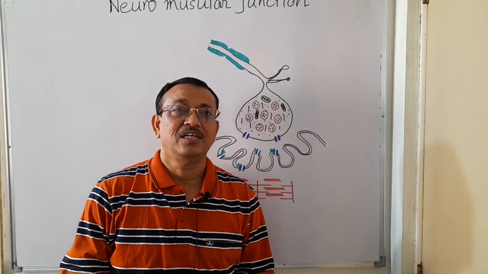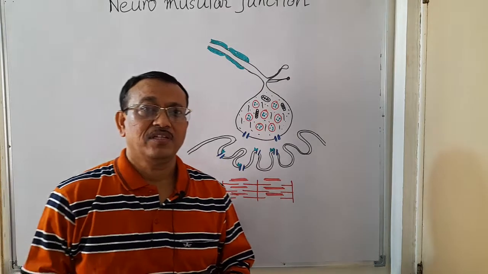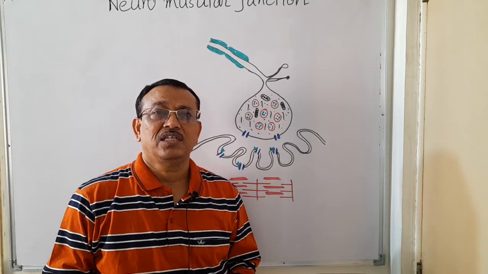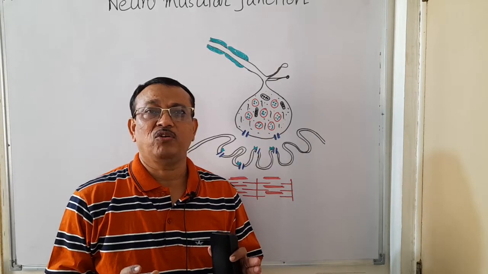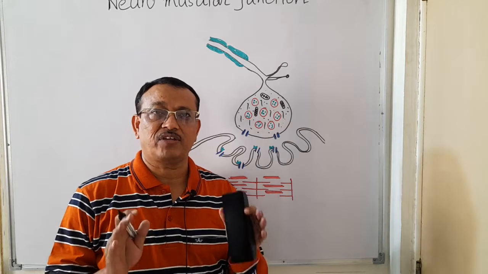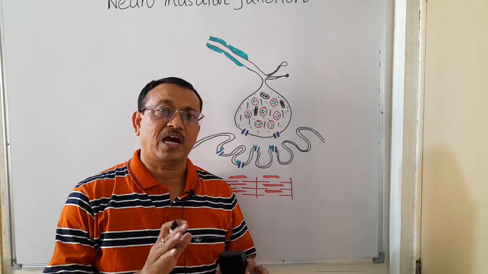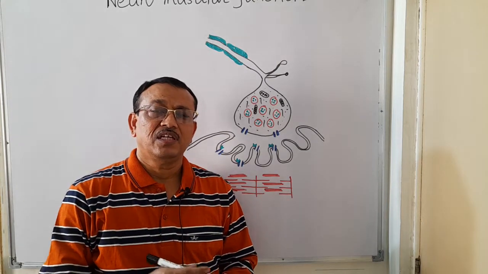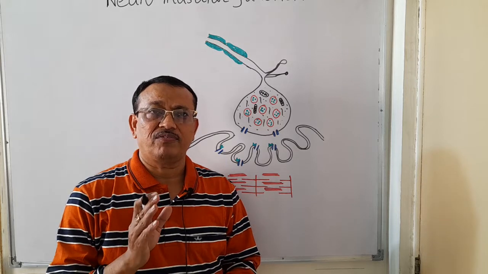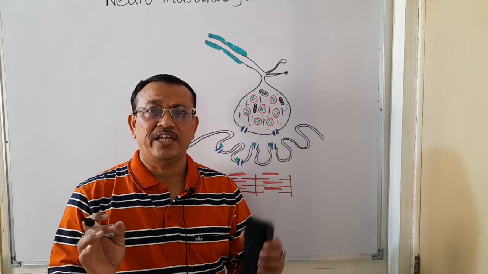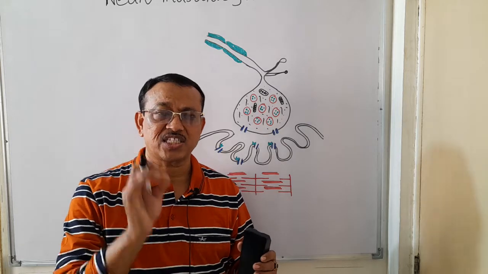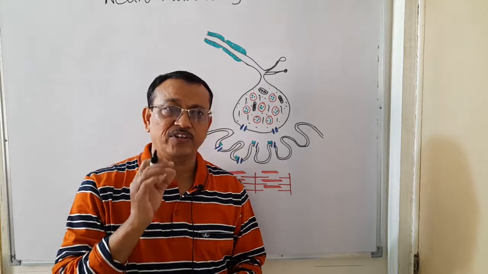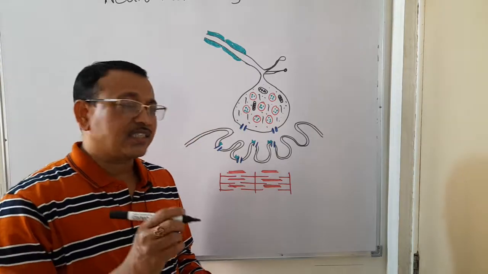Hello students, if you can remind, in the last video I talked about the first part of the neuromuscular system, that is the nerve. The structure of the nerve I discussed in my earlier video. There I told that the neuromuscular system is comprised of nerve, muscle, and in between them a specialized junction that is known as the neuromuscular junction. So today in this video I will discuss the